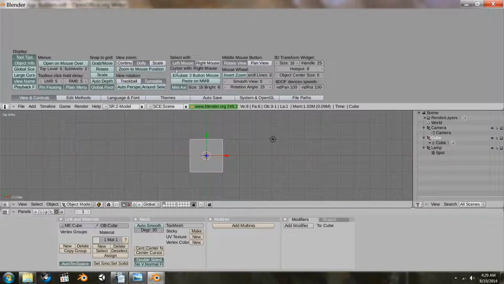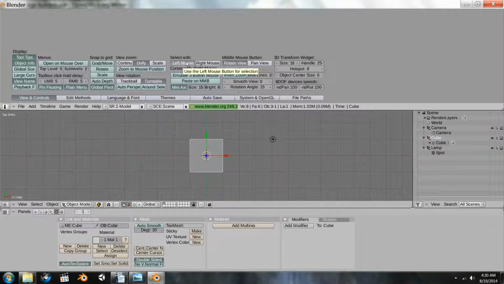Under view and controls, I have left mouse click selected. I'm a Windows user. If you're going to stick with the right mouse clicking, then you will need to adapt my instructions that I give you to that, because I'm going to be assuming left mouse usage, because that's what I use and probably half the rest of the planet. So for the